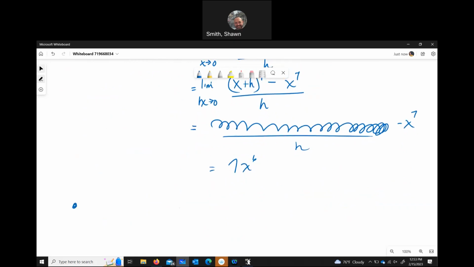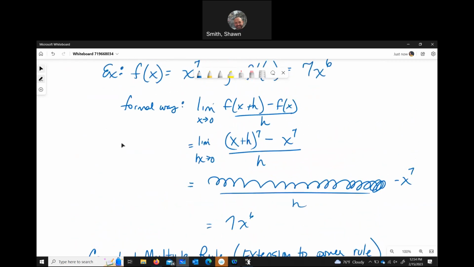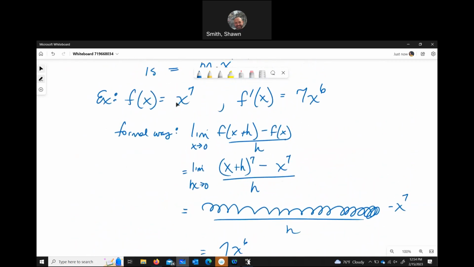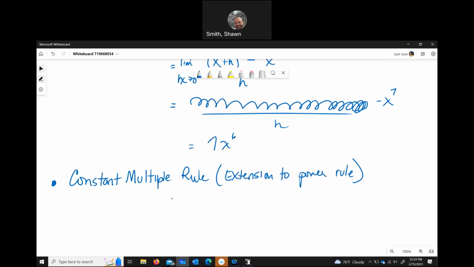Constant multiple rule is an extension to that power rule. It's really the same exact rule because if I look at this x to the 7th up here, what's the coefficient? It's 1. I'm doing the same exact thing. Now I just put a number other than 1. I put a coefficient in front of the variable, and you do the same rule. So it's if f is differentiable at x and c is a constant,